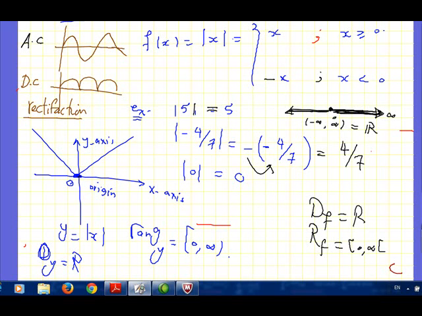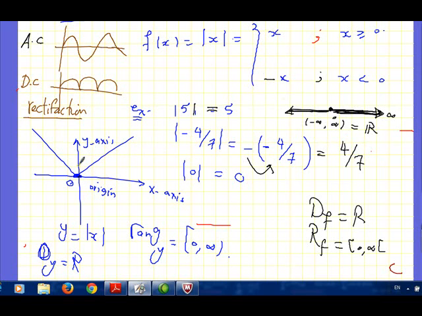Now we will explain a very famous function which is called the absolute value function. The absolute value function has a certain definition. f of x equals the absolute value of x, which gives me x if x is greater than or equal to 0, and negative x if x is less than 0, which has the following properties. The absolute value of x should be greater than or equal to 0. For example, the absolute value of 5 will give me 5. The absolute value of negative 4 over 7 will be 4 over 7, because x is less than 0, we have to multiply it by negative, so it will be 4 over 7.